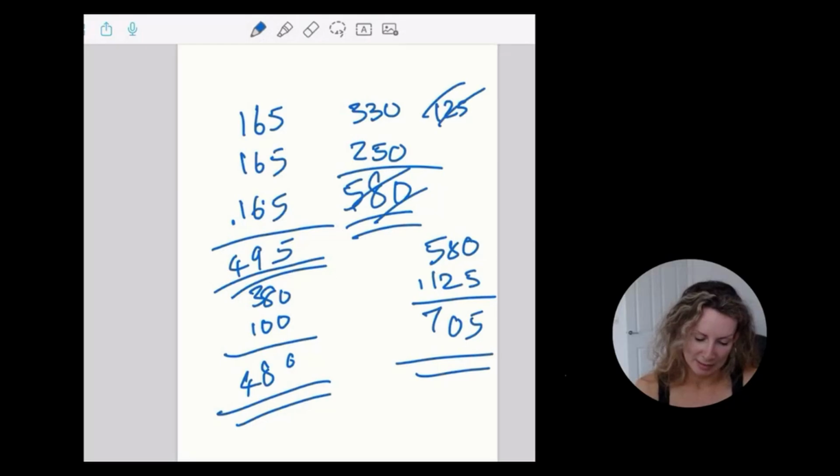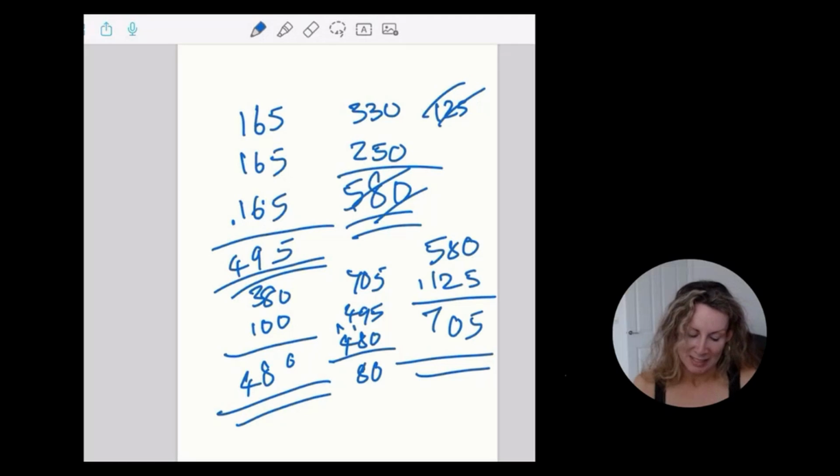So we've done this, so we'll get rid of that. And we've done that, so we'll get rid of that. So that means that we've got 705, 495, and 480. So you might want to do those all together. So I'll do it 705, 495, and 480. So 5 add 5 is 10, nothing down, 1 up. 9, 10 with the 1. Add the 8 is 18, 8 down, 1 up. 7, I'm going to add the 1 on 8, and then 9, 10, 11, 12, and then 13, 14, 15, 16. So that's going to give me